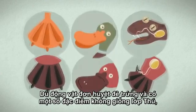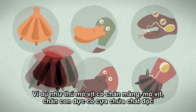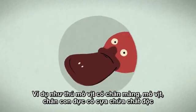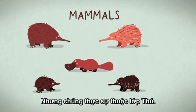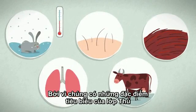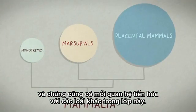Despite laying eggs and other adaptations that we associate more with non-mammals, like the duck-billed platypus's webbed feet, bill, and the venomous spur males have on their feet, they are, in fact, mammals. That's because they share the defining characteristics of mammalia, and are evolutionarily linked to the rest of the class. Whether placental